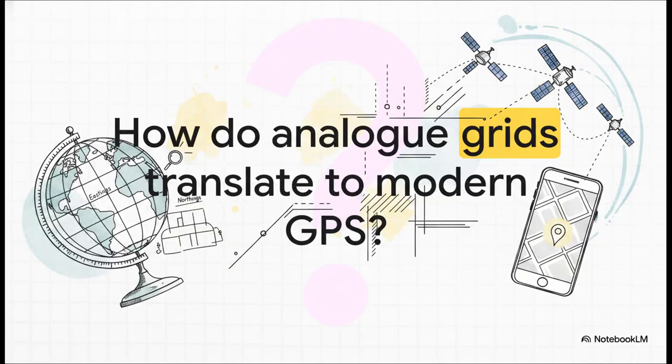Which leaves us with a final, fascinating thought to ponder. Today, we've decoded the art and science of traditional map reading, successfully navigating from a massive globe all the way down to a 100-meter square using eastings and northings. But how does the foundational language of these brilliant analog grids translate to the invisible GPS satellite tech hidden inside your phone today? The digital tools have certainly evolved, but the underlying geometry of finding our exact place in the world remains